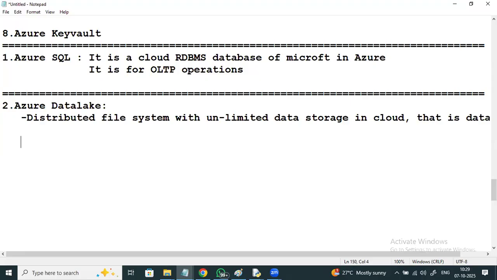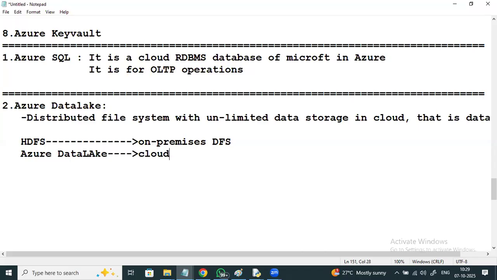Previously, if you heard about Hadoop HDFS, Hadoop Distributed File System, that is an on-premises DFS. But we have Azure Data Lake, which is a cloud DFS. On-premises DFS, Azure Data Lake, cloud DFS.